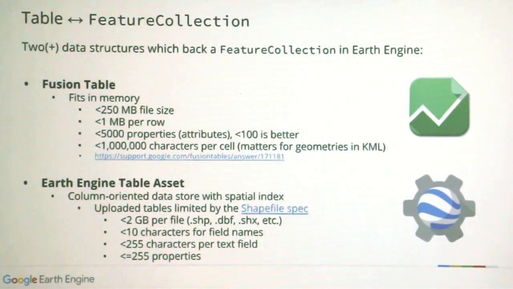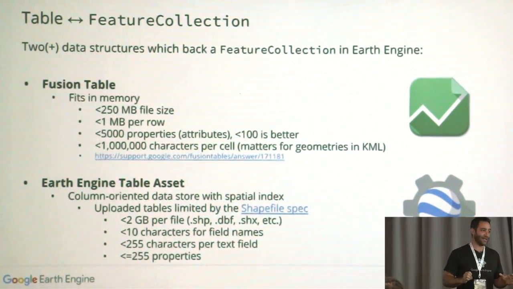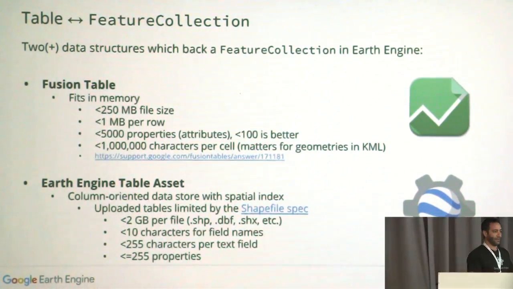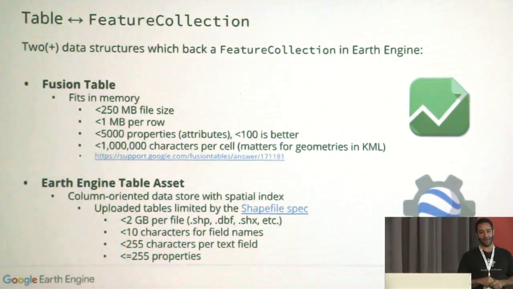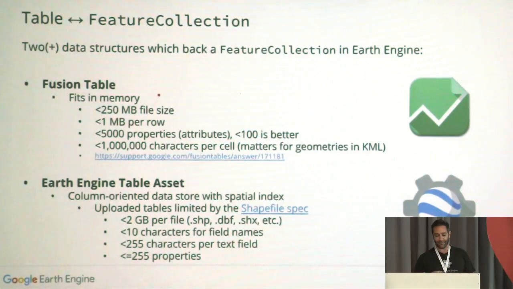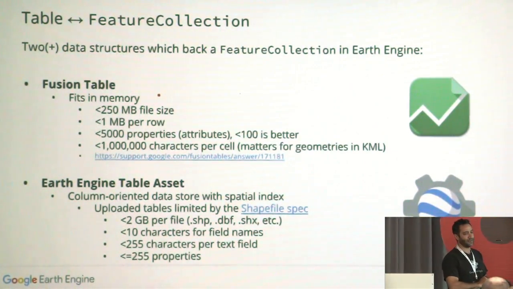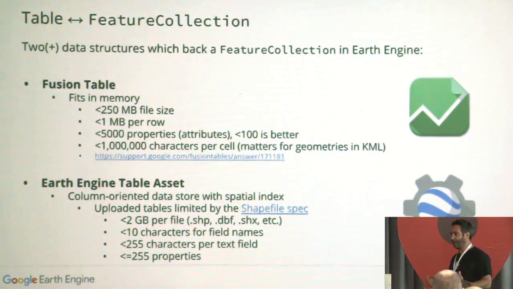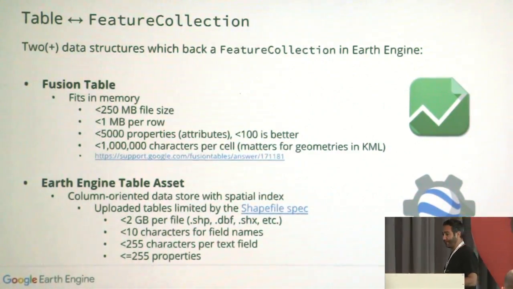Okay. As I mentioned a second ago, there are different data structures for tables on the back end, but these are all represented as feature collections in the API. So there are advantages and disadvantages to Fusion tables and shapefiles. For example, a Fusion table has to fit entirely into memory. So if you have a smallish data set, a Fusion table is still a pretty good, fast option for you,